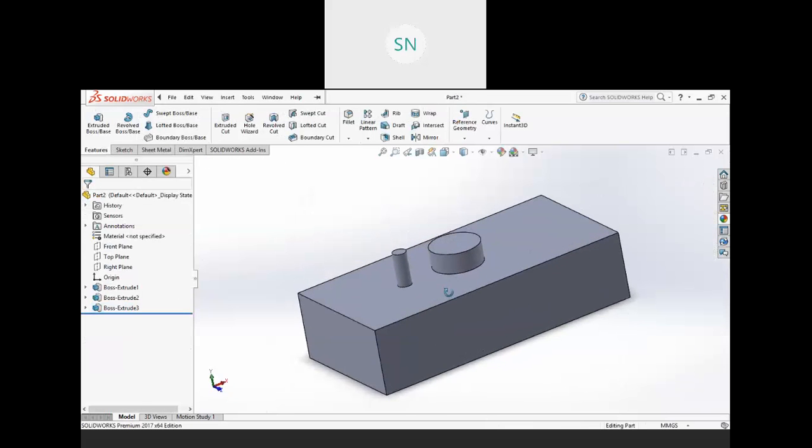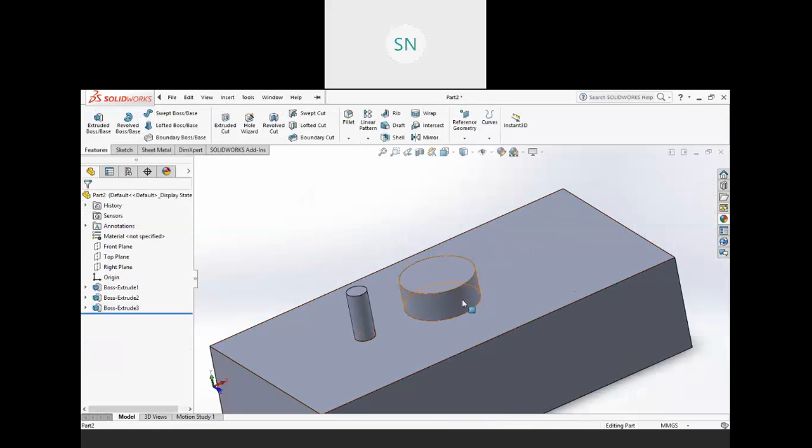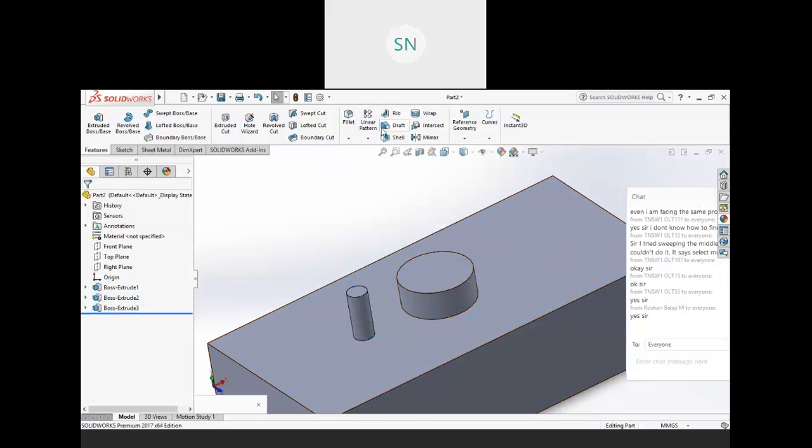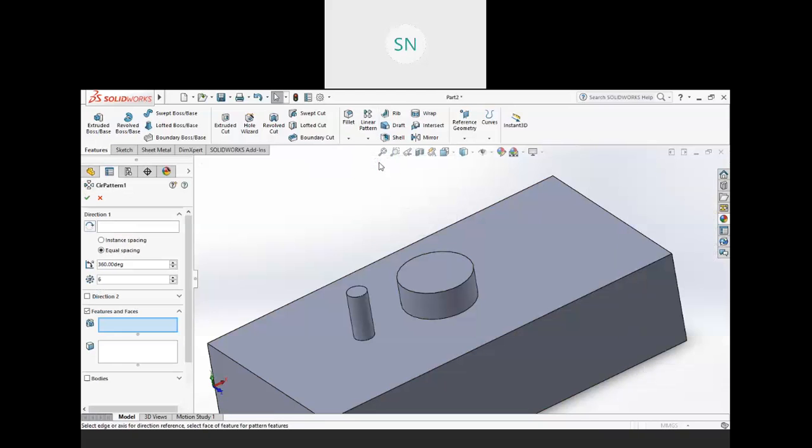Okay, so we will use this circular face as my revolving face, my axis of revolution. So select the feature that you want to pattern, and then go to the pattern. Otherwise, let me deselect that. First go to the pattern, circular pattern we have. See, we have many more patterns. We will discuss each of them. Here we have circular.